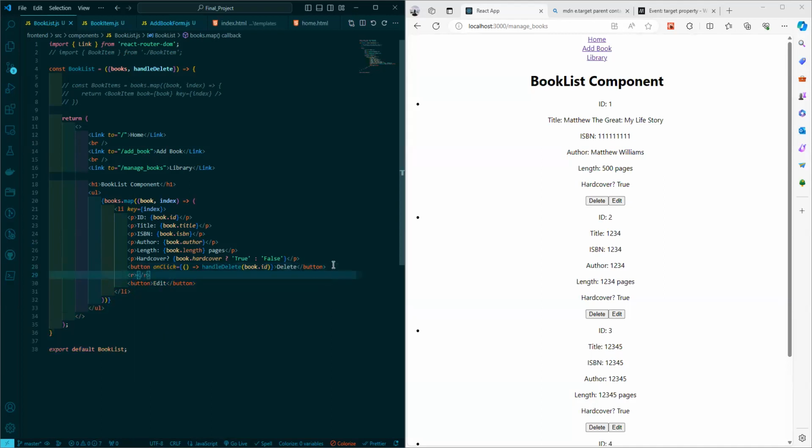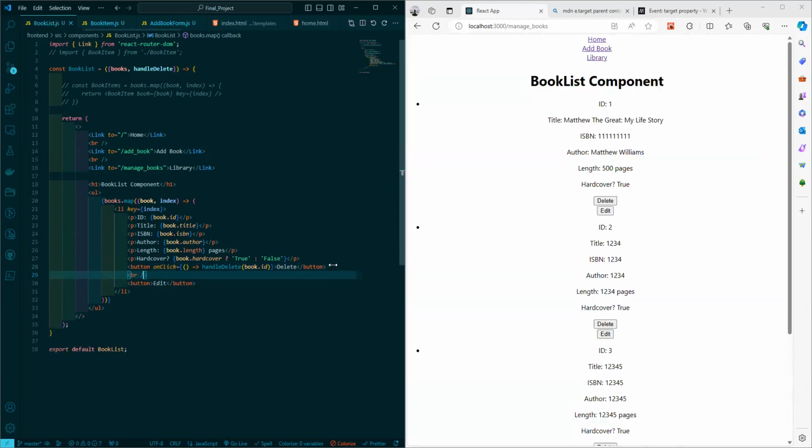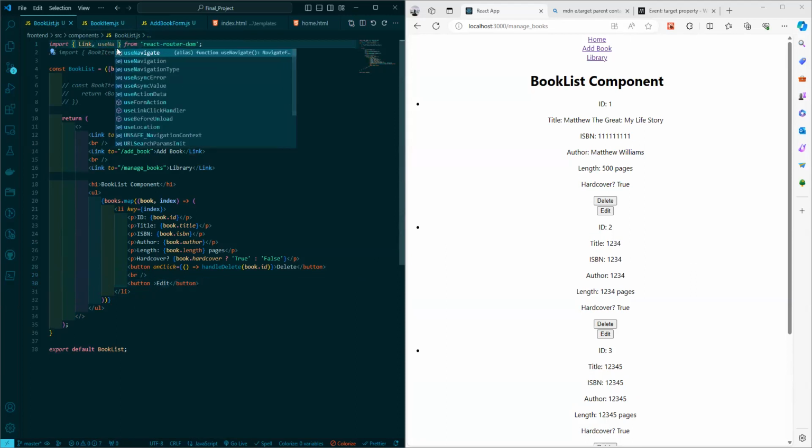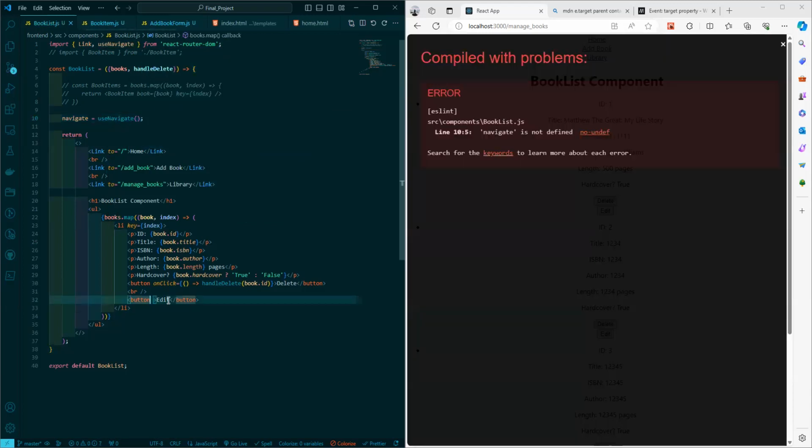So let's do a BR, just to separate them for now. And again, when we click on this one here, I can go ahead here and import useNavigate as well. I can go over here and I can state navigate is equal to useNavigate. I can create that object. And again, when we click on this one, I guess there's a few different ways that I could do it. I could use like a regular link here. And when I click on this link, I want it